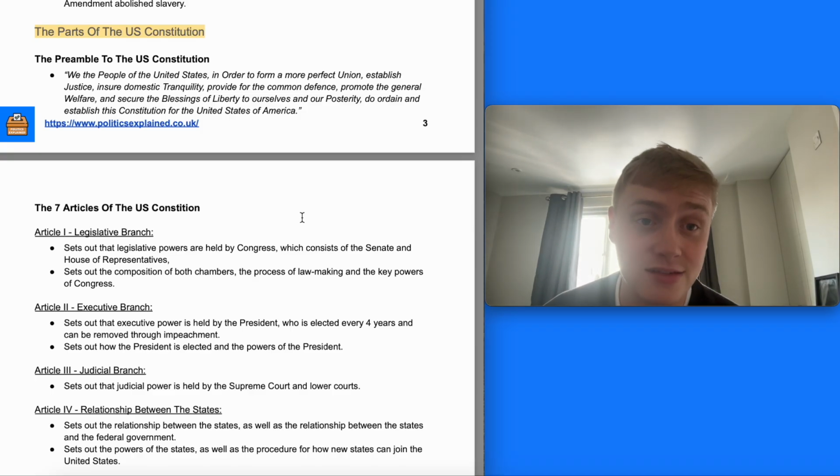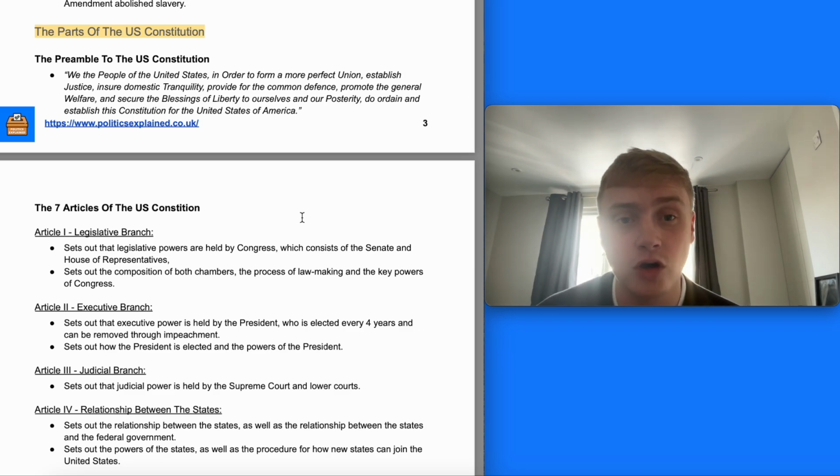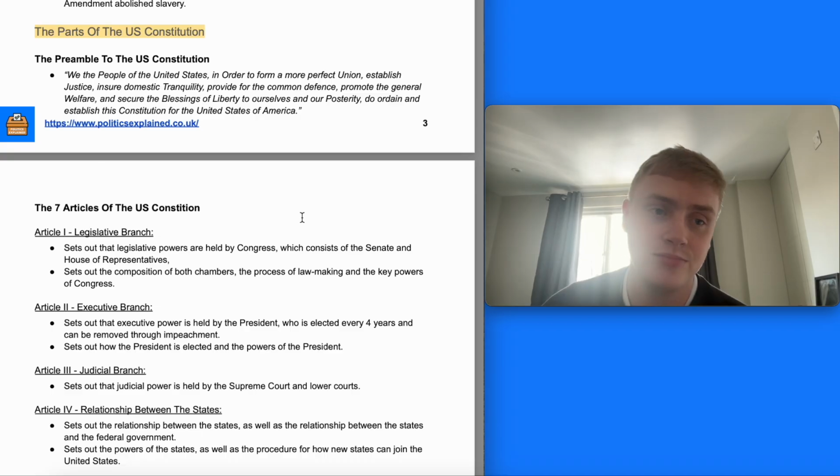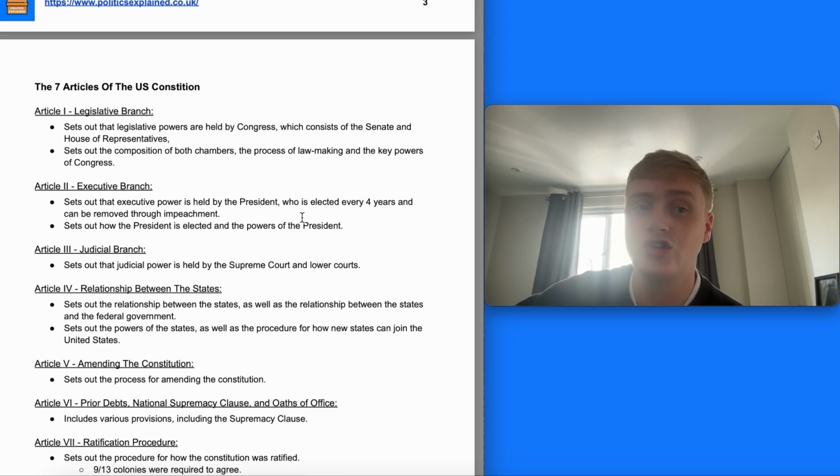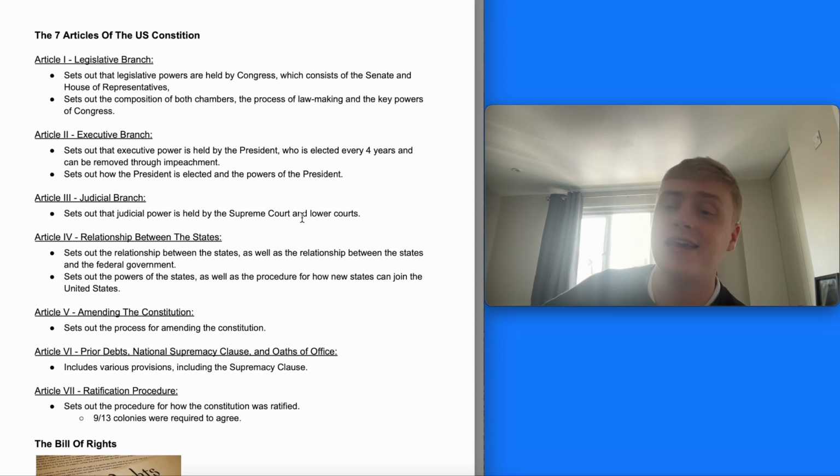So securing the blessings of liberty is mentioned, providing for common defence, promoting the general welfare. So the real need for why they believe there's a need for a central state, but a real commitment to maintaining liberty. Next key part of the Constitution are the 7 articles, and effectively each article is in